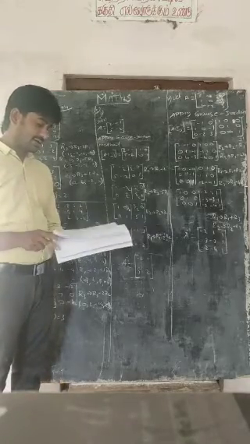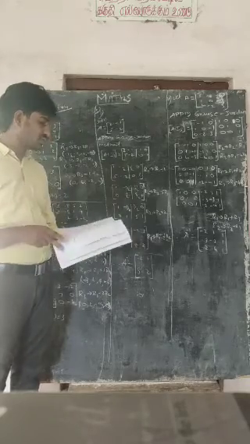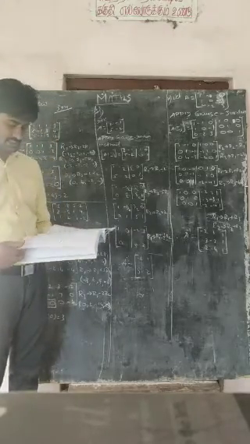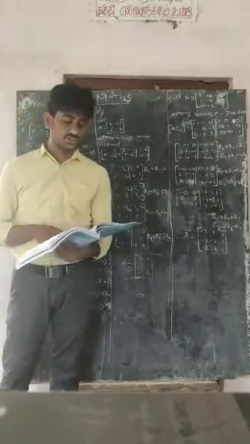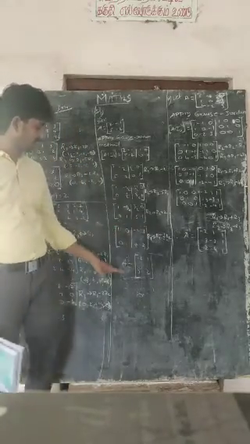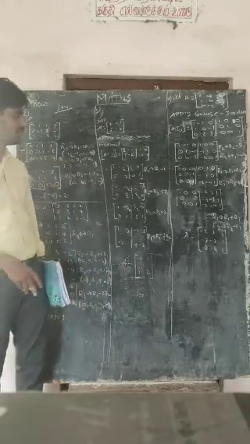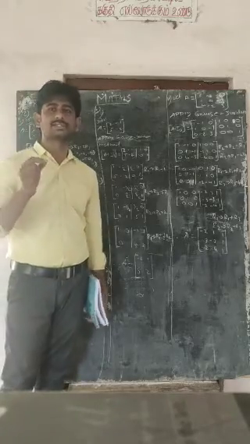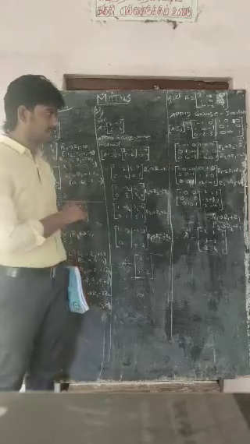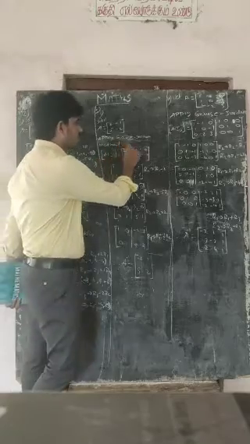That is another topic. We need to find the inverse. That is the Gauss-Jordan method. You can see in your book, page number 25, they have given the Gauss-Jordan method. Very simple. We need to find the inverse only. You don't confuse it with exercise 1.1, because in exercise 1.1 we discussed inverse. A inverse is equal to 1 by modulus of A into adjoint of A. So here also we need to find the inverse, but at the same time we use the Gauss-Jordan method.